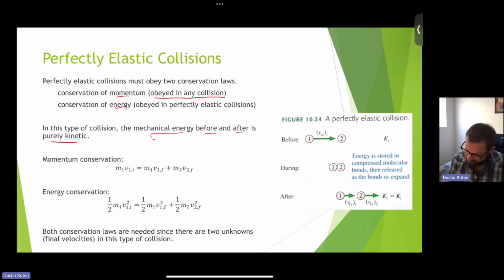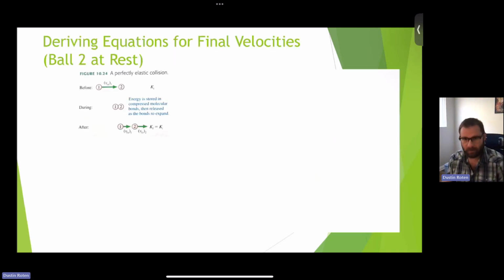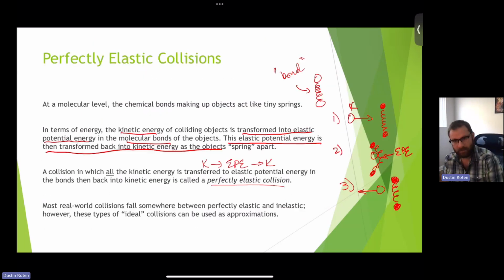Okay, so let's look at this example over here. We have this before situation where ball 2 is at rest. Ball 2 has no velocity. What's going on here is ball 1 comes in. They have this brief interaction, and you'll notice in the after, they maybe